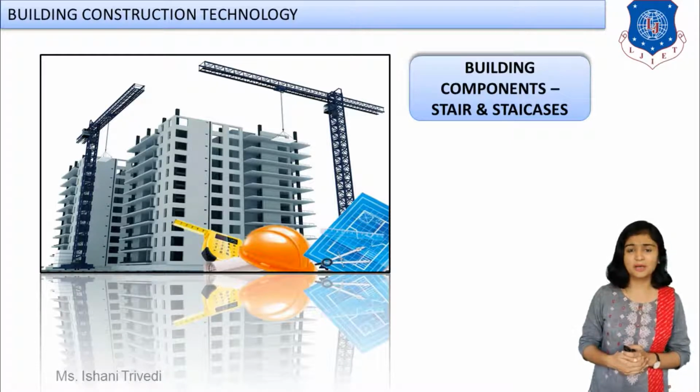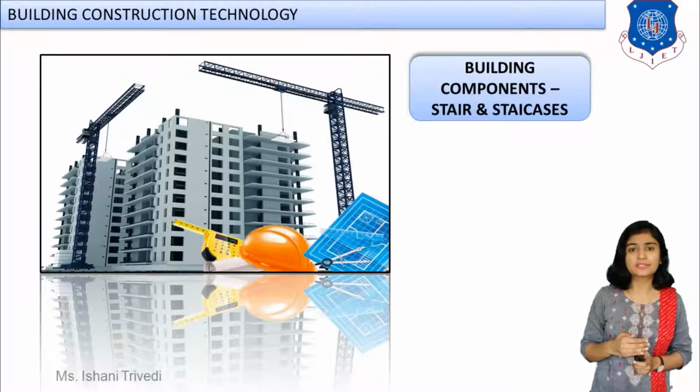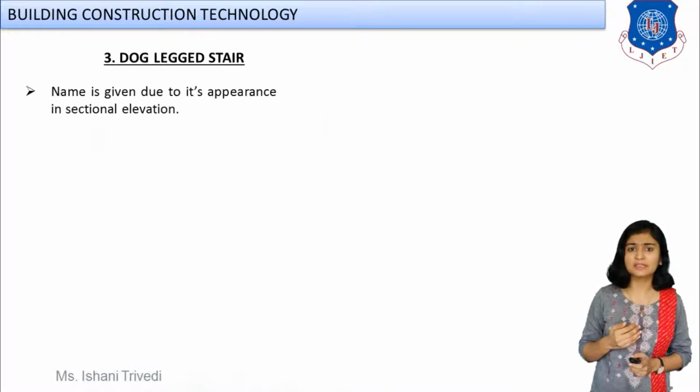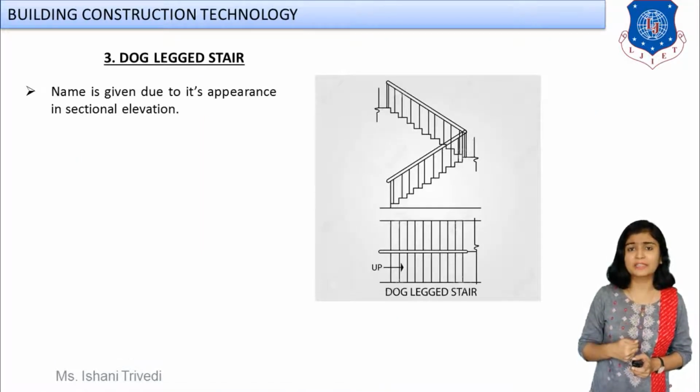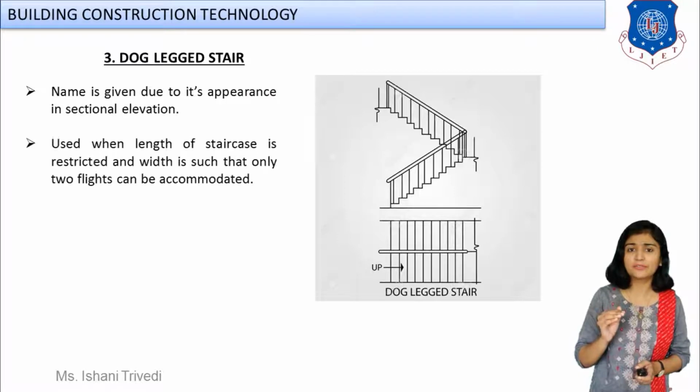Previously we were discussing the building components, in which we had started with the next component, that was stair and staircase. Now, in the last session we discussed the classification, right? In the classification we discussed that we had first straight flight stairs, second turning stairs, third geometrical stairs, correct? In the straight flight stair we already discussed that you can have one or two landings, that is the utmost variation of your straight flight stair.